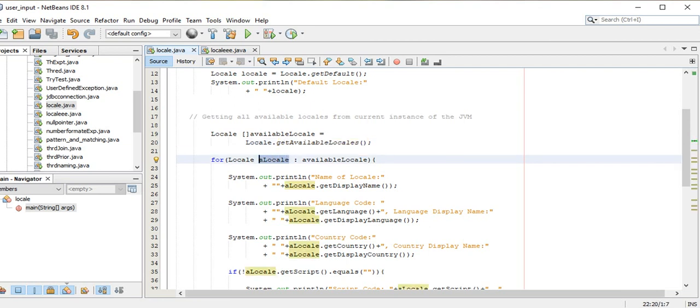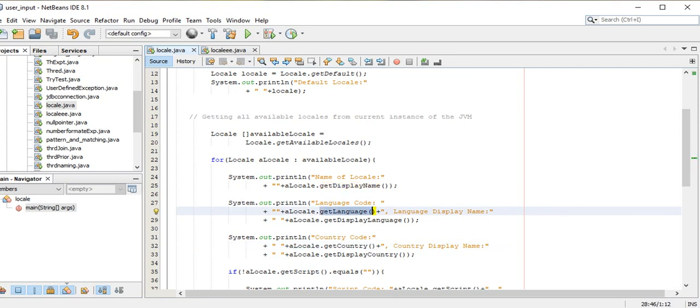Okay, that is the Locale type of value. And with that particular available locale, we call getDisplayName to display the name of that locale. If I want to display the country code, we get the country code by getCountry, and the language code by getLanguage.